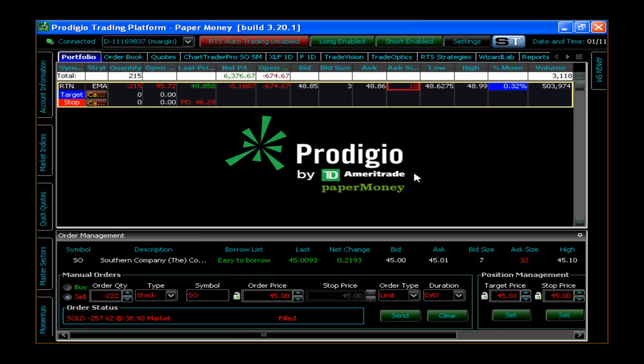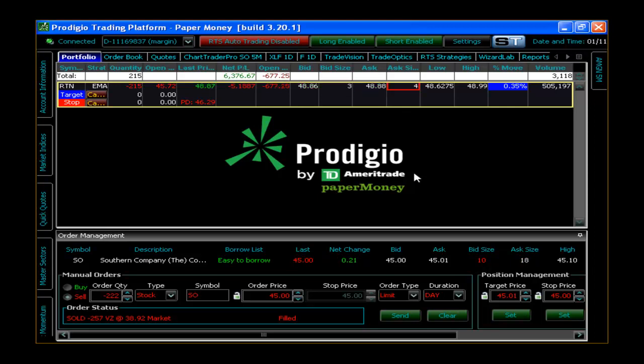And so now I have $177,000 of buying power in this paper money account, and I have some room to play with. That's actually the most important thing to consider, by the way. If you're trying to automate strategies, you need to make sure that there's sufficient buying power that matches your risk